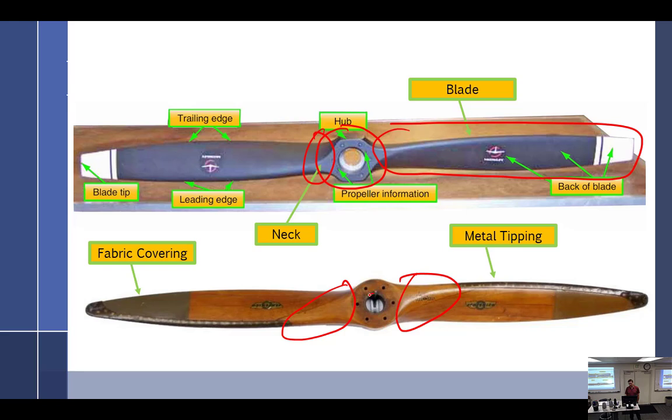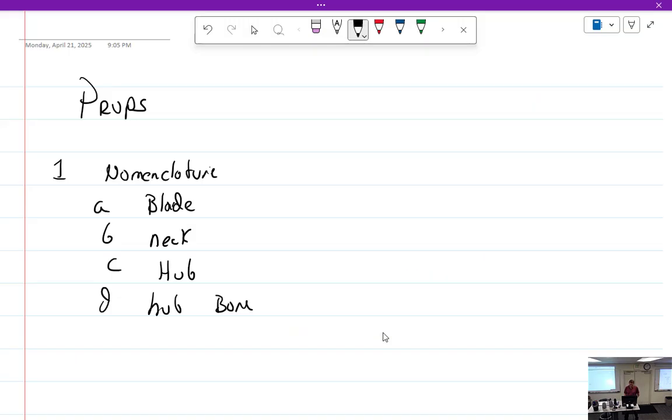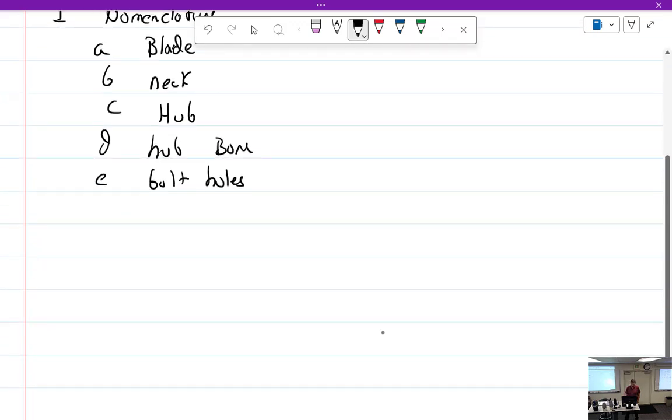If you look inside the hub bore on wooden props, it is aluminized paint. So it should look silver, almost like a metal sleeve has been pressed in there, but it's just paint. The hub bore, well, you got the bolt holes, you know what those are for. Where the bolts go.